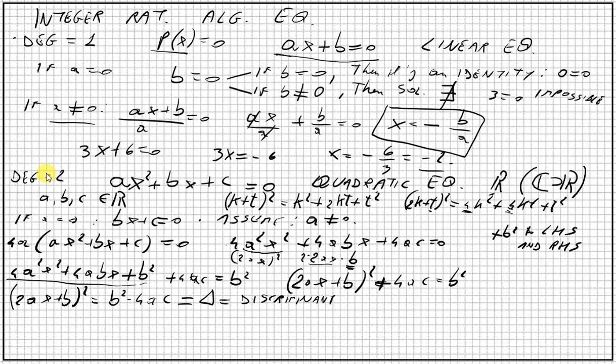Now it's time to erase the whole board. And just rewriting what we have written last. So 2ax plus b squared equal b squared minus 4ac, which is delta. So case 1, delta is positive. So what can I do now? I can take the square root of both sides. Remember though, if I have